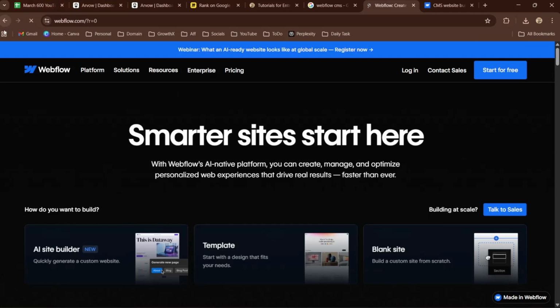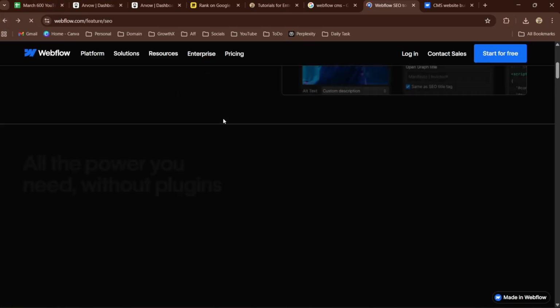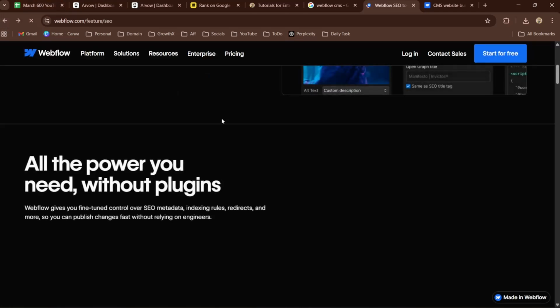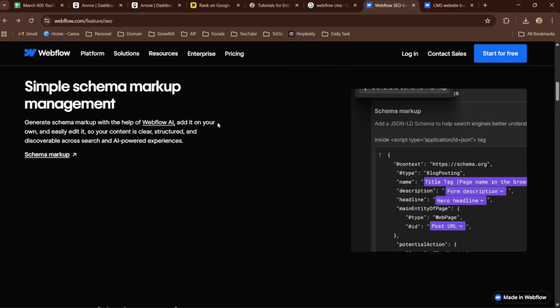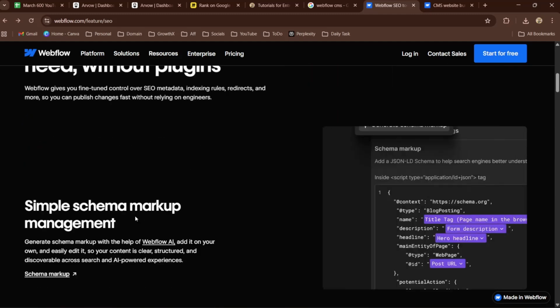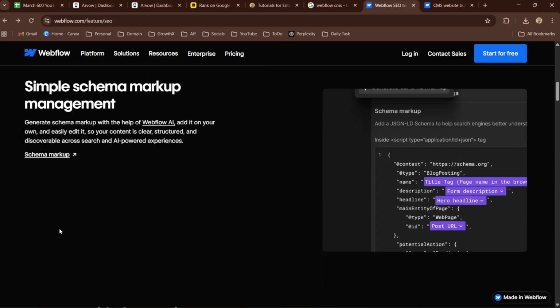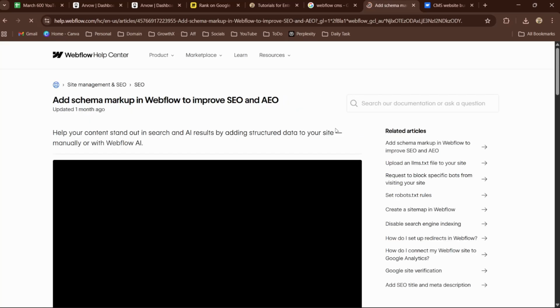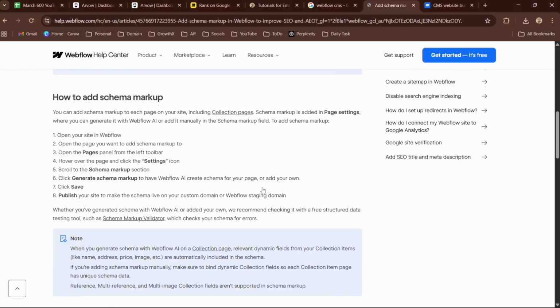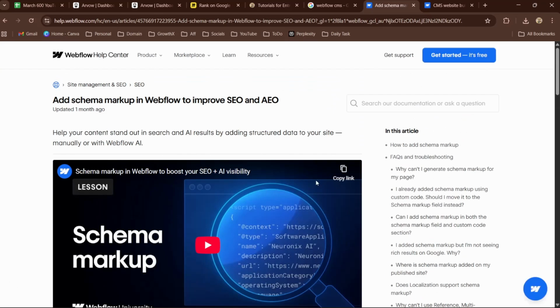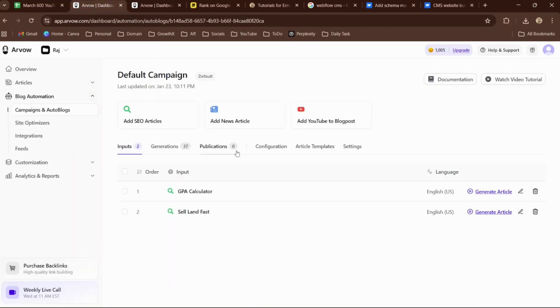But the main thing people forget is that in WordPress it's easy to set up schema and every single thing, because we have all the plugins in there. In Webflow, it's very tricky to have a schema markup. If I take you to the schema markup docs, they will guide you on how to add it. But to do all these complicated things, you can simply go to norwal.com,